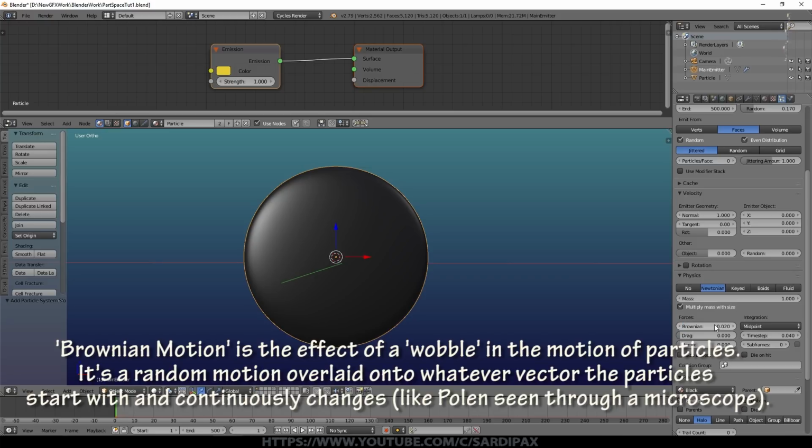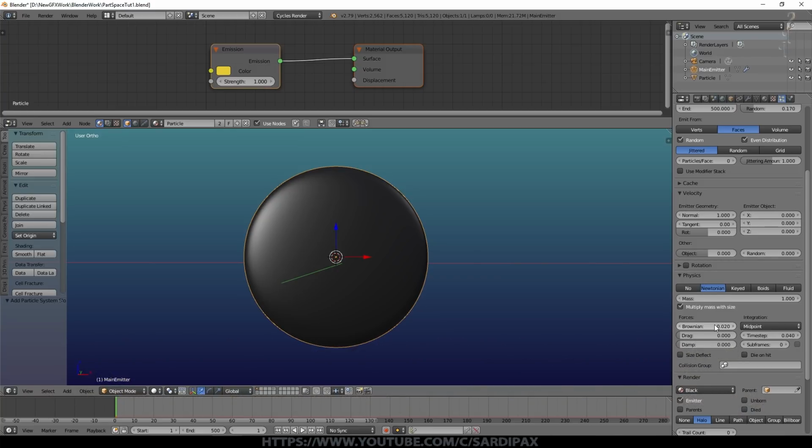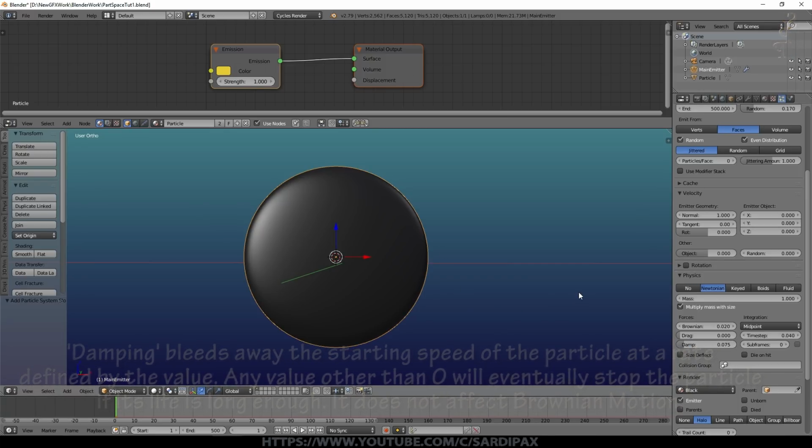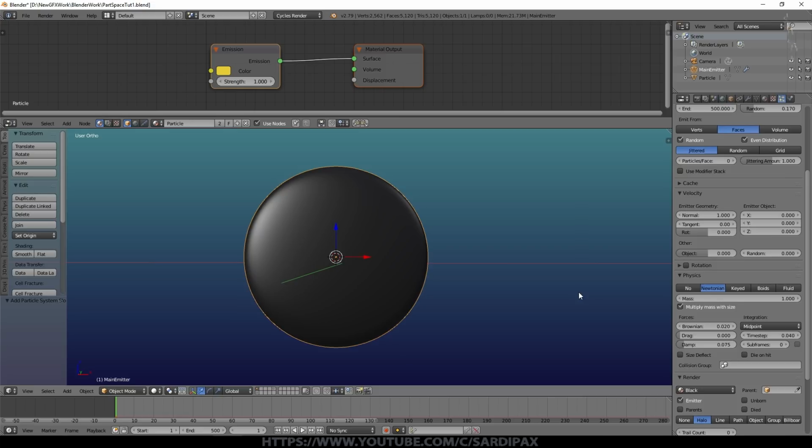All of these settings will vary in how much they affect it depending on the scale and things like that of your model. My Patreon patrons, I will upload the original file that I created so you can have a look at it yourself. Under damping I put 0.075. If your animation is very fast or emitting your particles at a fairly high speed, you may want to use subframes. That will add to the calculation load, so I left that at default.